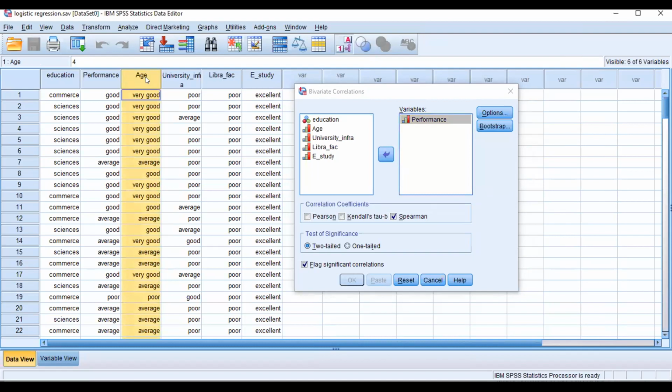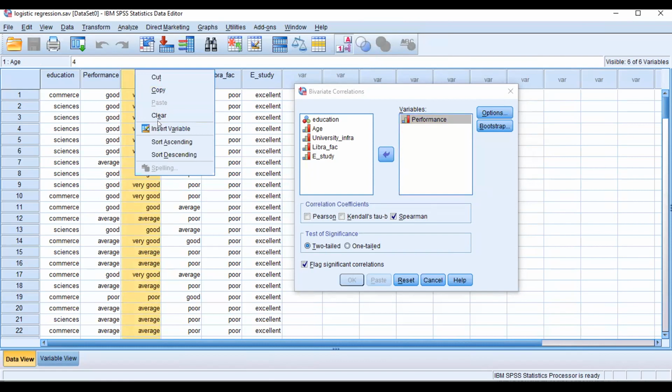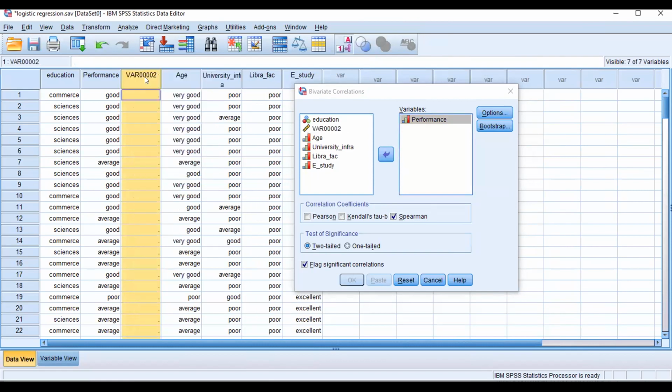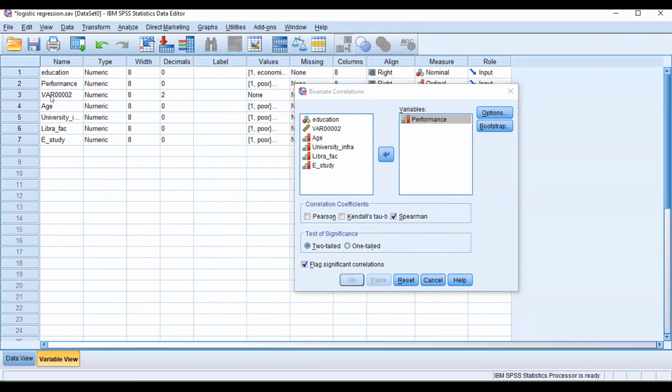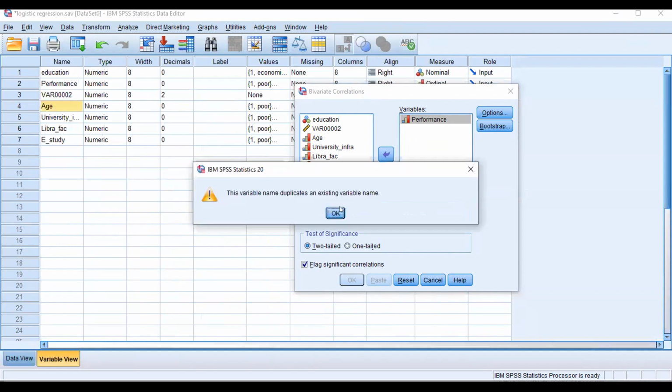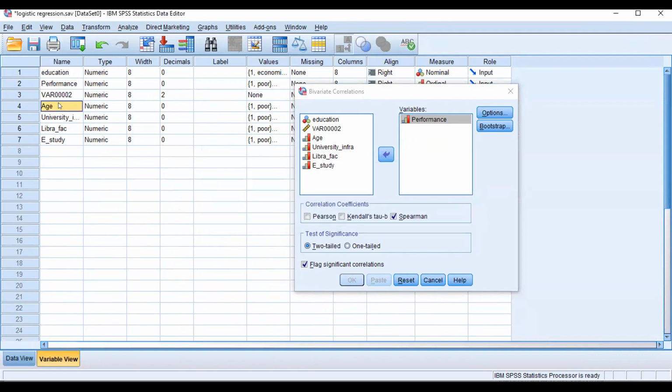One minute, let me insert one in the variable view. Here let me insert age.